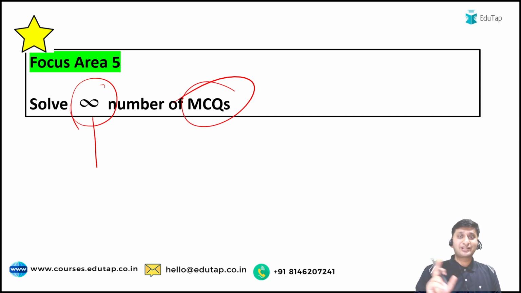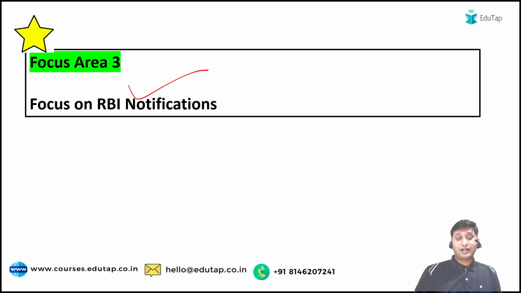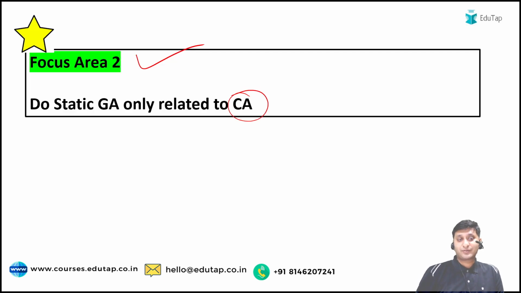तो 3 months से ज़्यादा करंट अफेयर्स हमें करने हैं, लेकिन 3 months पे हमें फोकस करना है, उन्हीं को बार बार रिवाइज करना है, उन्हीं पे हमें अपना सारा फोकस रखना है. स्कीम्स और रिपोर्ट्स को बेसिक पढ़ेंगे तब भी चलेगा. एमसीक्यूज हमें बहुत ज़्यादा करने हैं. आरबीआई नोटिफिकेशंस पे फोकस करना है, जैसे कि मैंने आपको बताया. और स्टैटिक जीए को हमने बुद्धुओं की तरह नहीं पढ़ना है. फॉर स्टैटिक जीए वी हैव टू रीड ओनली स्टैटिक जीए रिलेटेड टू करंट अफेयर्स.